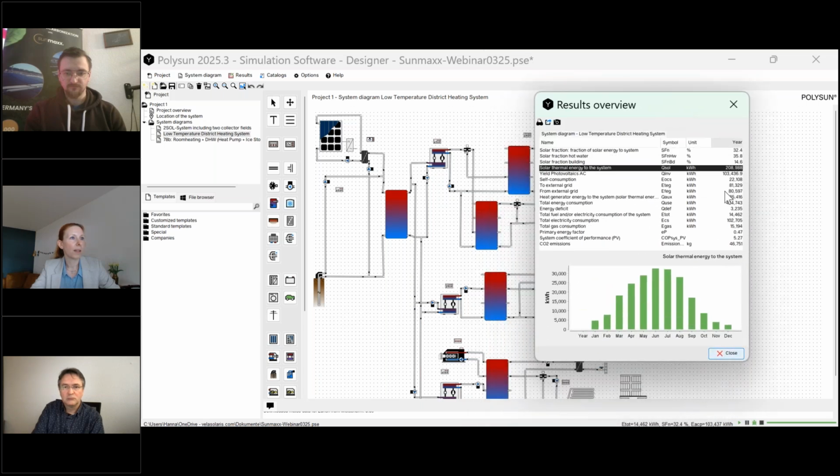If we have a look at the solar thermal yield, I didn't tell you how many modules are installed here. It doesn't matter anyways, but at least from the ratio of the photovoltaics, the line below, and the solar thermal yield, you can tell that this is a very good design and a very good use of the PVT. And it will for sure not only decrease the CO2 emissions or increase the efficiency of the heat pumps,